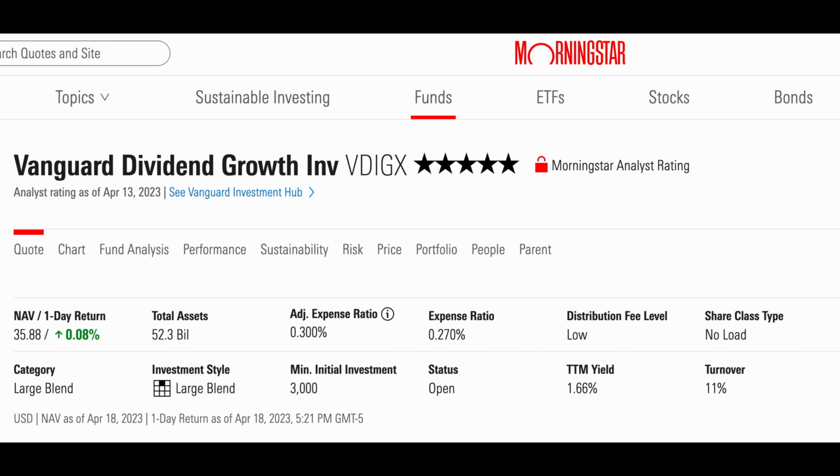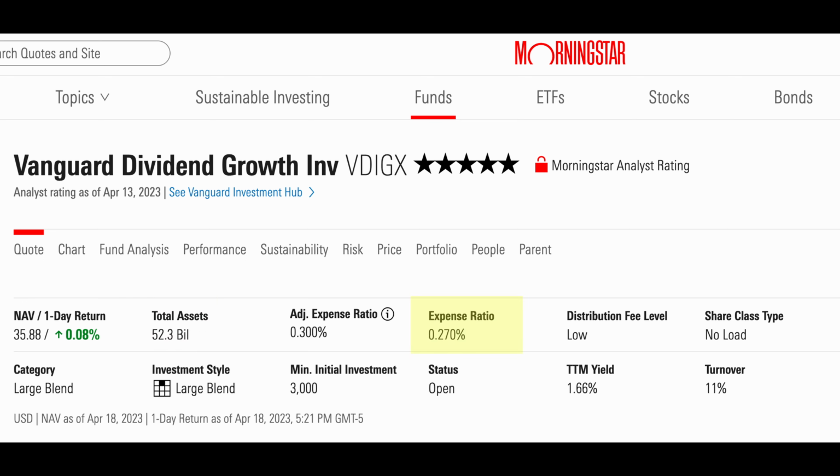Let's go to the Morningstar website to see more information about this fund. By the way, Morningstar is a good platform to analyze a mutual fund. What you see as NAV here is net asset value, the value of one unit of this mutual fund. This NAV price is calculated by the end of the day after the stock market closes. It changes every day depending on the price changes of underlying assets. They also deduct the mutual fund fees as part of the everyday NAV calculation. Total assets shows the total value of all the assets in this fund, including the cash.